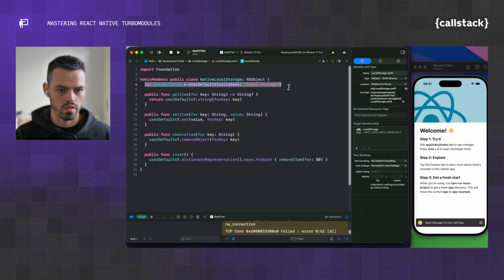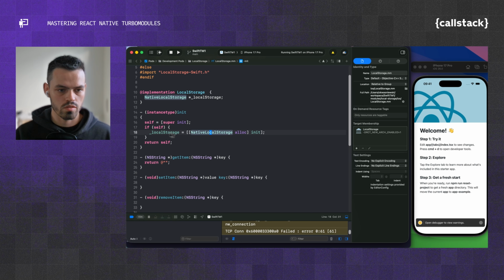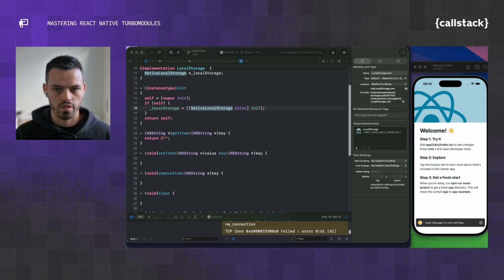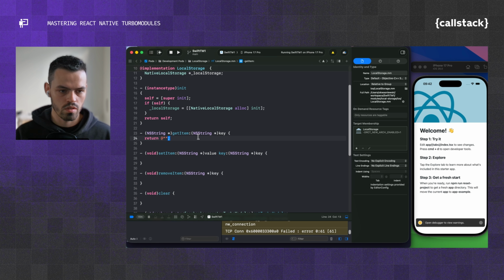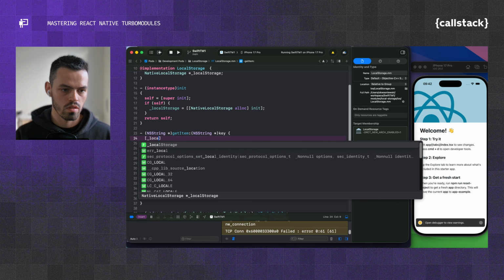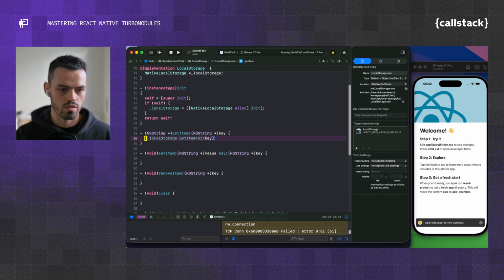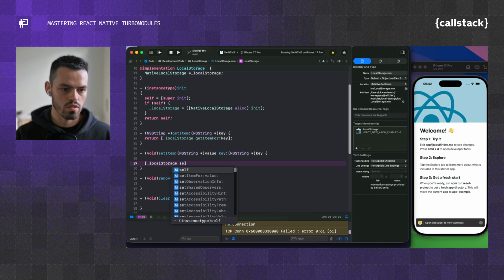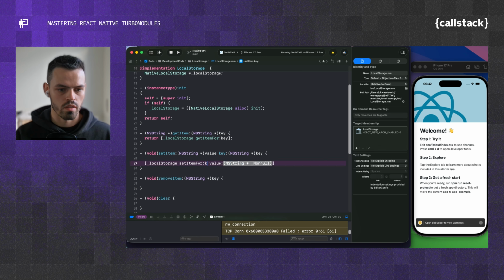But in here we initialize the user defaults, so we need to first store this native local storage implementation, and then on each method, we can actually call, so localStorage getItem for key, and we need to return _localStorage setItem for key and value,